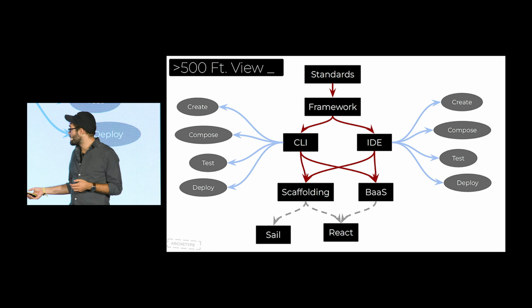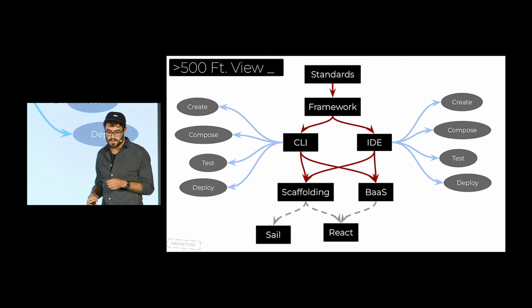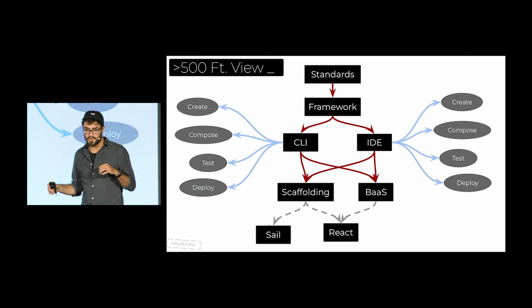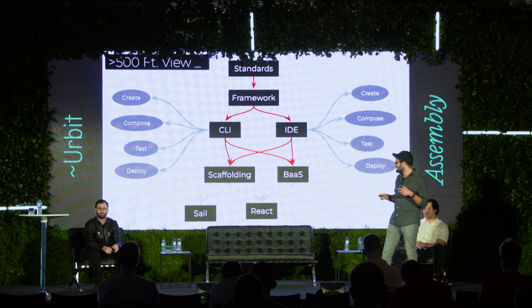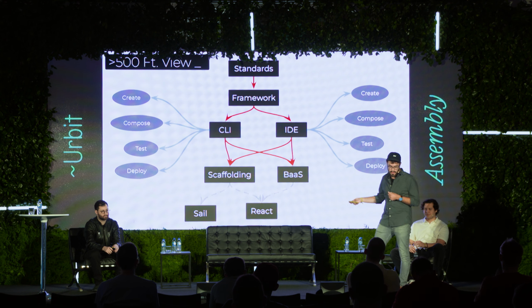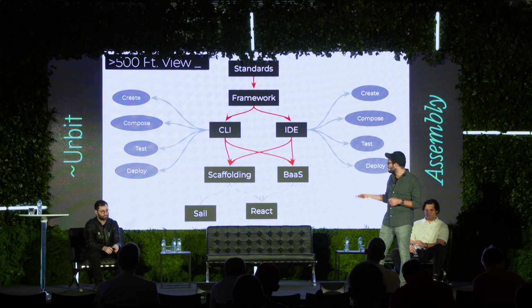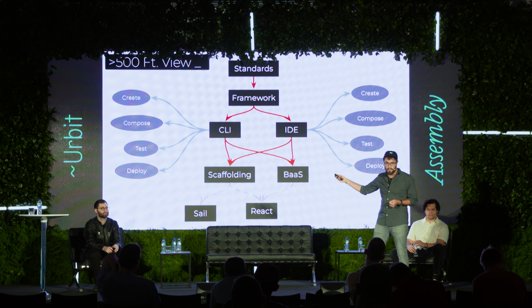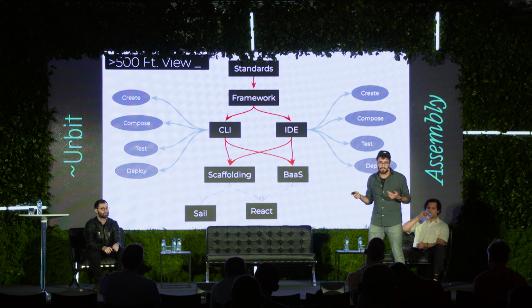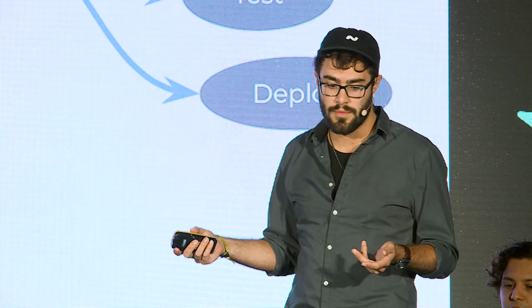So I like to call this the gigabrain view of how this works, right? We have a set of standards and opinions about how all of these pieces most easily fit together, all the tools that everyone else is working on. We put that into a framework that can be used from either of these environments, so that you can operate with Hoon and scaffolding or JavaScript and just use Urbit as a BaaS, backend as a service. And then your UI can either be in React or Sail or both potentially. But with both of these paths, you get the same core software development lifecycle: creation, composition, test your Urbit app, and then deploy it to the distribution ship, as well as sharing any primitives on the registry.